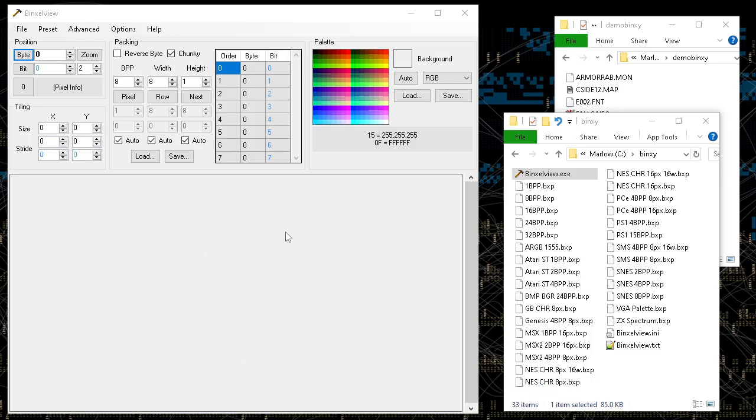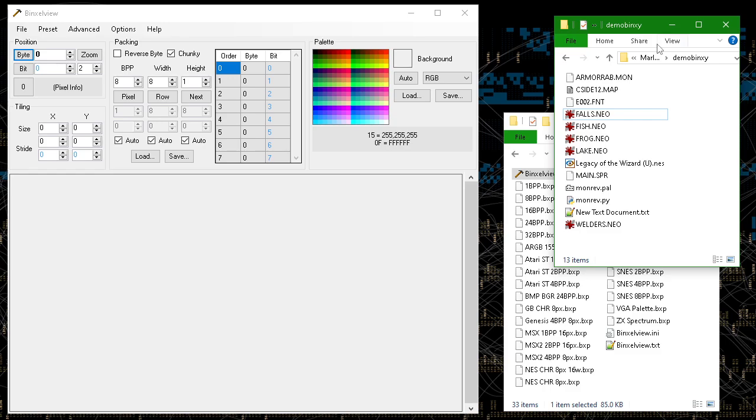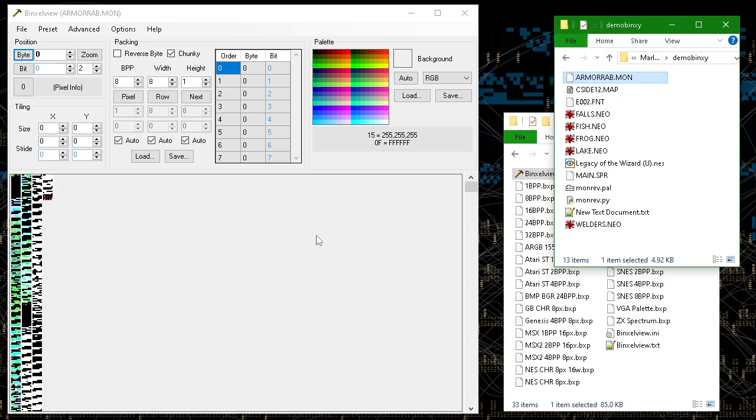Pixelview. This is a program I wrote a few years ago to look at graphics data and map data from old games. That was my initial interest. But it's really good at visually inspecting data files and figuring out what's in them. If anything is an uncompressed grid of data, it tends to be pretty good at finding it and visualizing it in a sensible way.